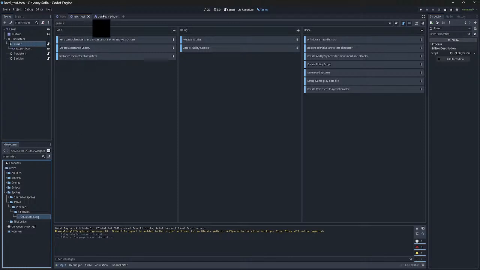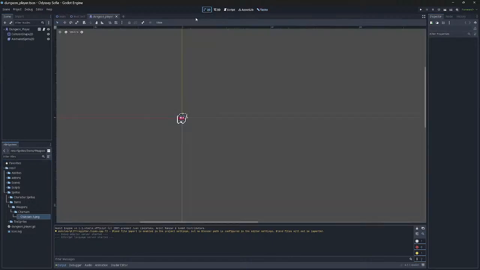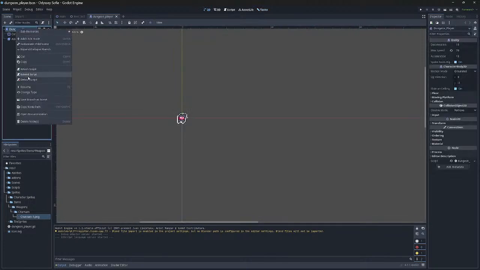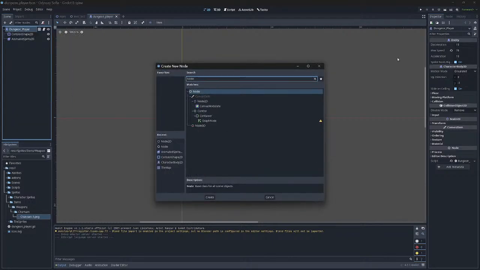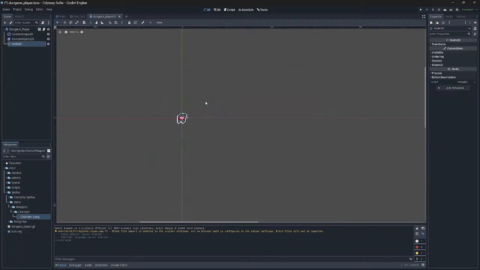Okay. So now there's two things that I'm going to have to do, right? First one is I want to add to this a node. And I assume this is going to just be node 2D because it's going to have a position, and we're going to call it weapon pivot, right? So the idea is that